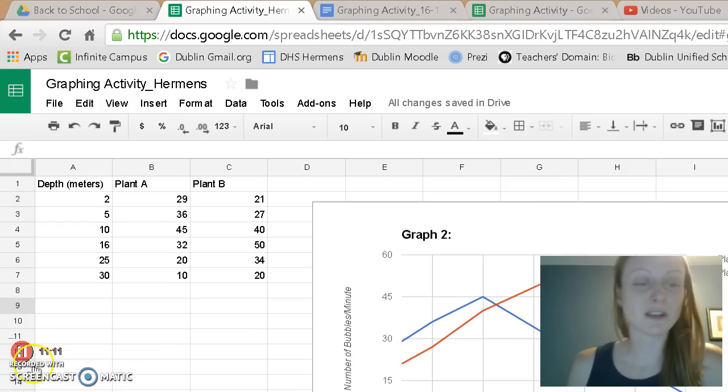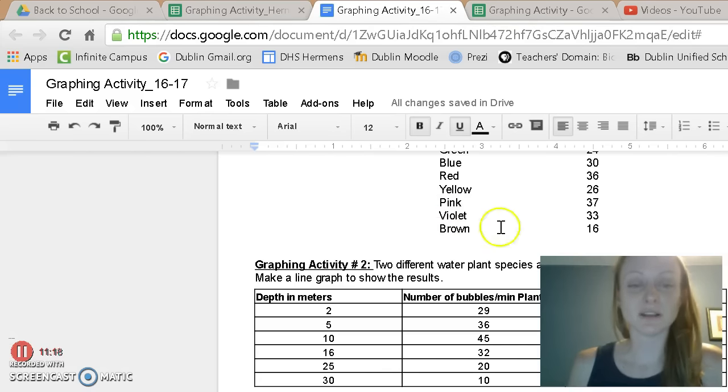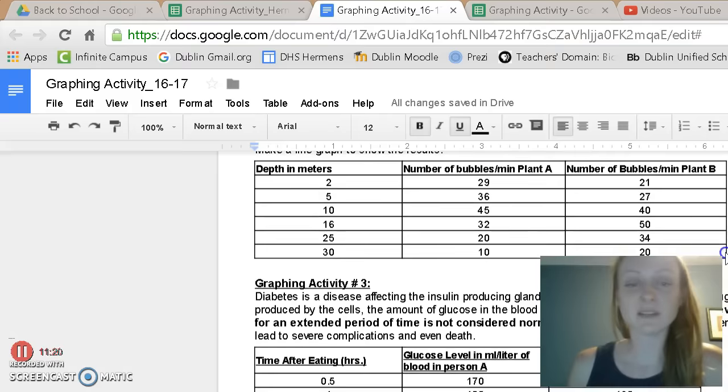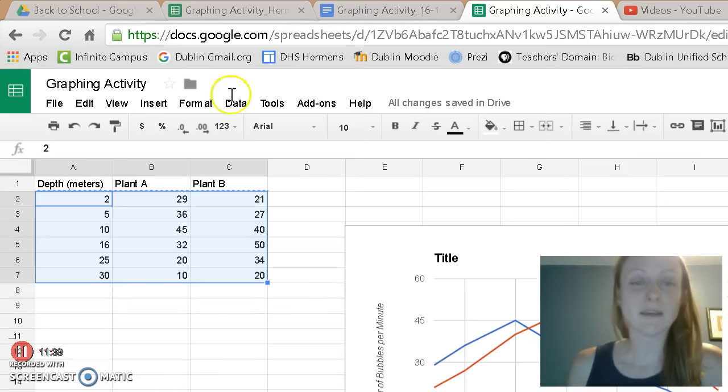And now if I need to create graph 3, add one more sheet, and then I'll put the data for graph 3 on there. So this one is about diabetes. I'm going to give you a hint on this one. Okay. You're going to want to start typing just like this is written. Okay. It is probably not going to be advisable to type in this top information. So looking back at my data,